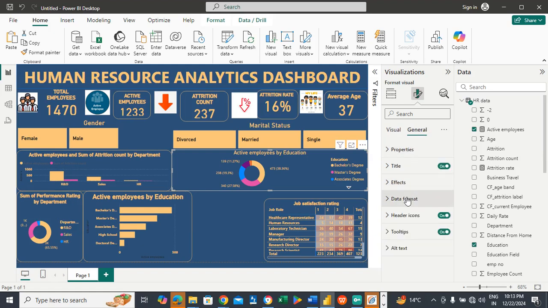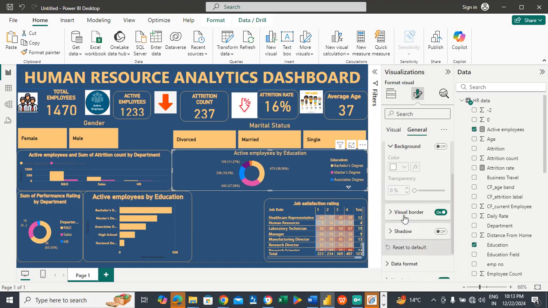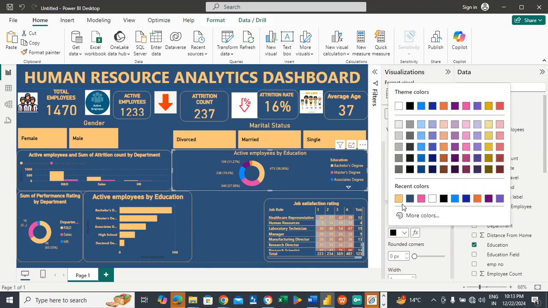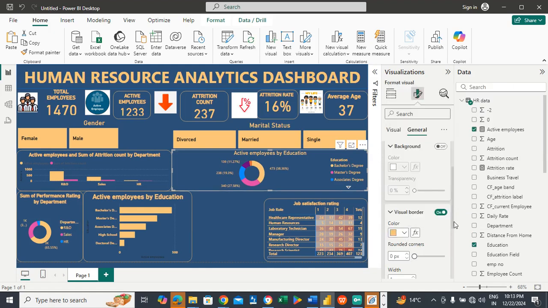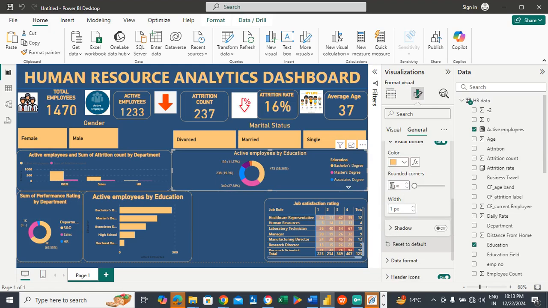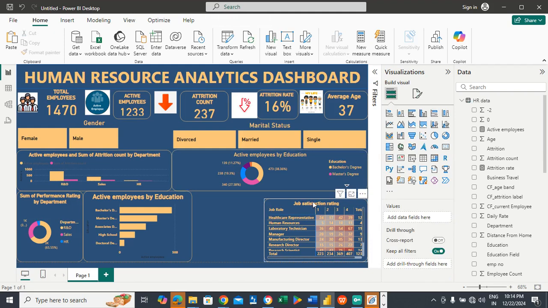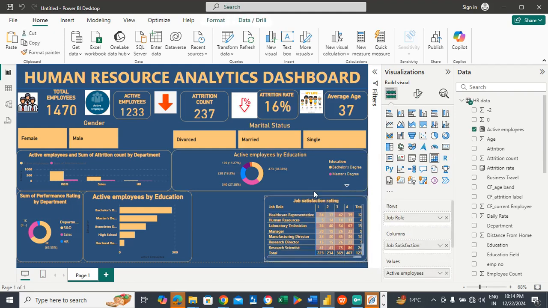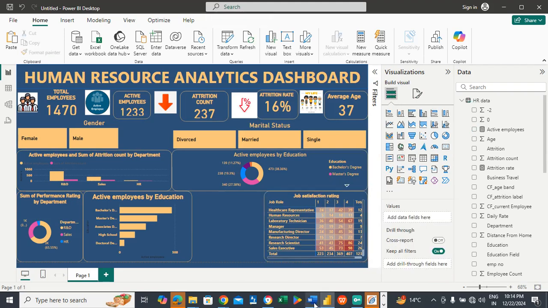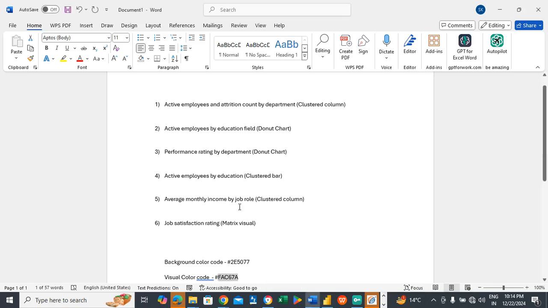And before that, I'm just making sure that this particular visual that I've selected, active employees by education, I'm going to do the formatting for that visual also. I'm also making sure that the visual border for that one is also turned on. Change the color to medium orange, increase the rounded corner to 20. Okay, now it's looking much better, right? And the final visual of our dashboard,